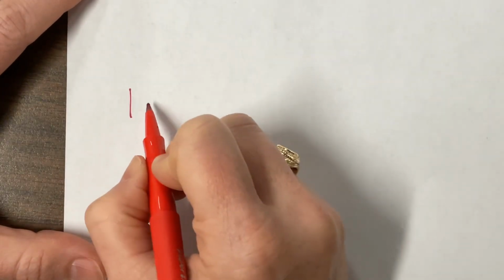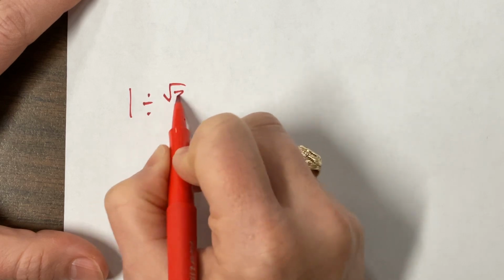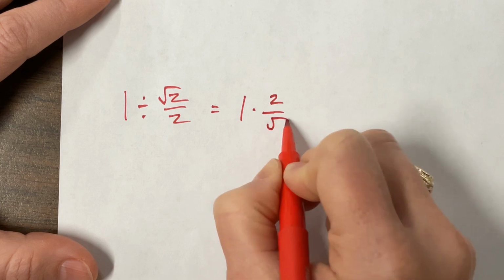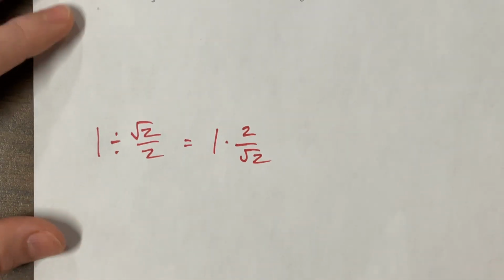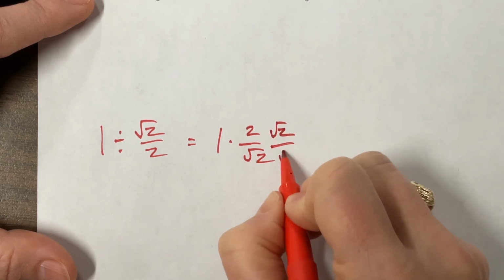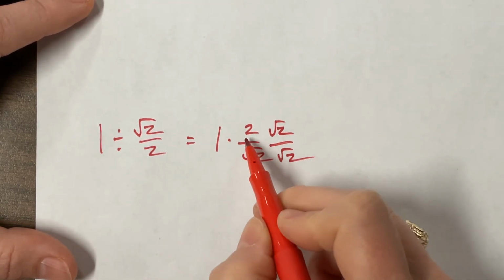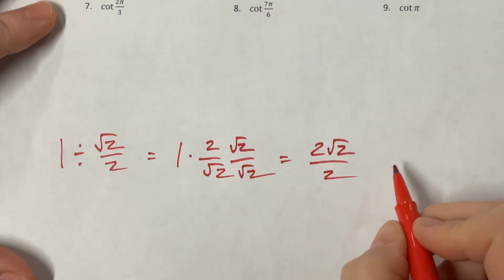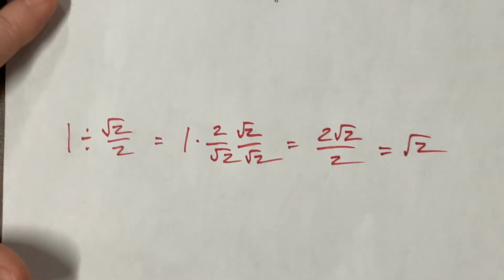If I have 1 divided by root 2 over 2, what that means is I'm taking 1 and I'm multiplying it by 2 over root 2. Well, in all things unit circle, we always rationalize. So we multiply by root 2 over root 2, which gives us 2 root 2 divided by 2, and these 2's can cancel and we're just left with this. The easier thing to do